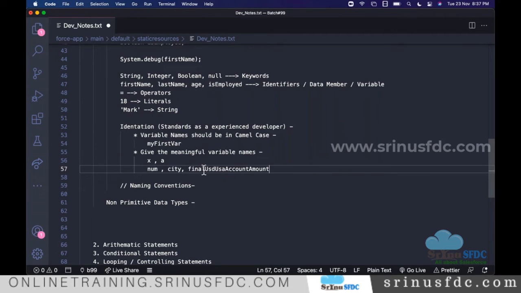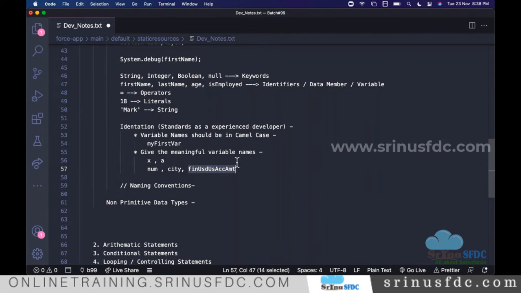So at least just give a few things, like US account amount, so at least with the short forms, people can identify and understand what we are going to store. Wherever it is possible, give meaningful names.